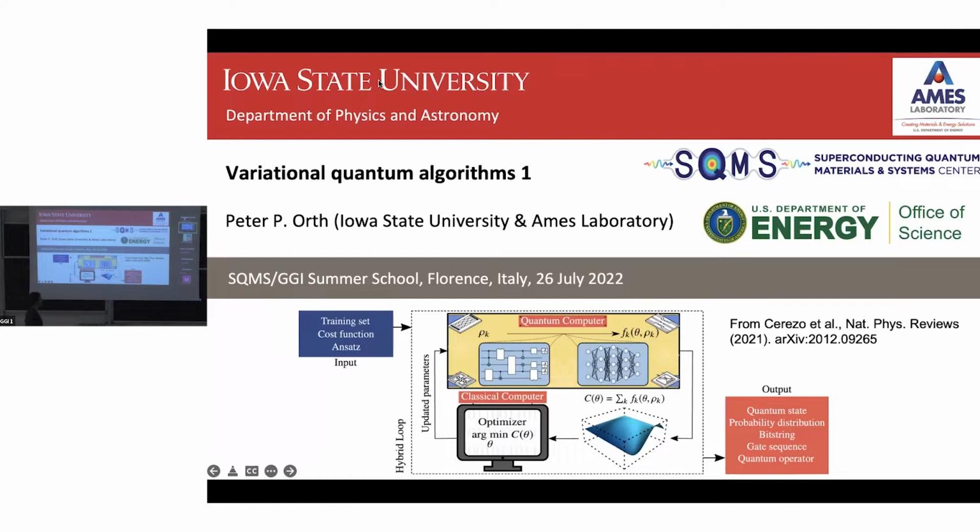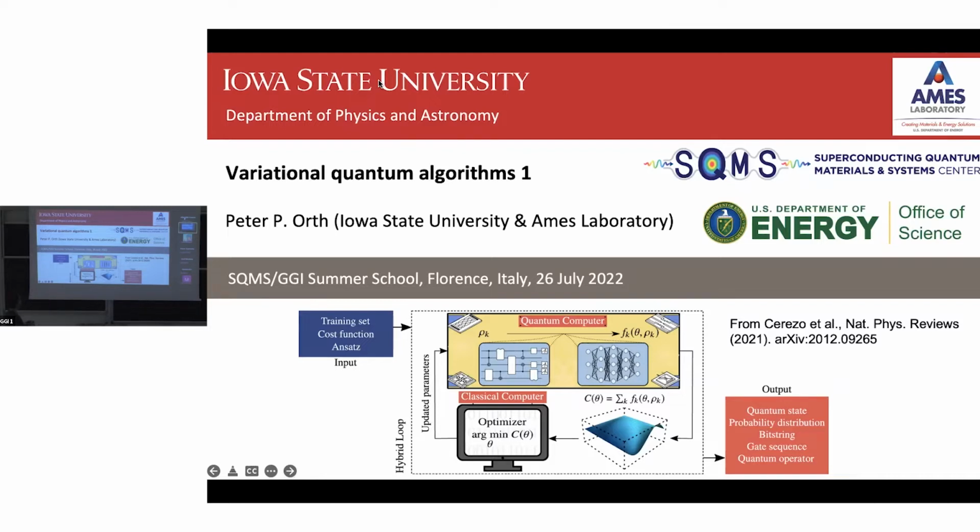Okay, let me take 2 minutes to go through this. The idea is that you are combining the computation power of a quantum computer with the computation power of a classical computer. So it's also called a hybrid quantum classical algorithm. It's well suited to an era where the quantum computer has limited capabilities like now, and you want to use it for a specific task in a calculation and outsource that to the quantum device and perform the rest of the task on the classical computer. And so this works as follows.